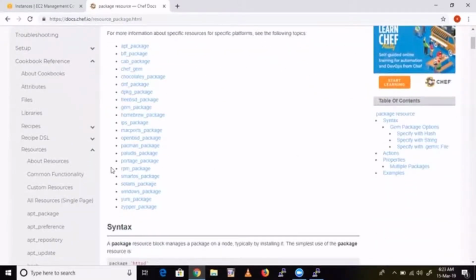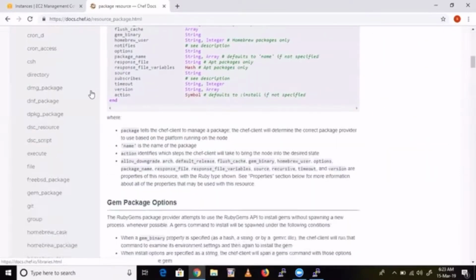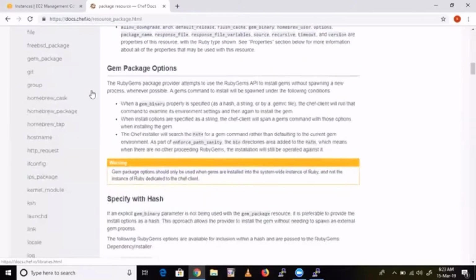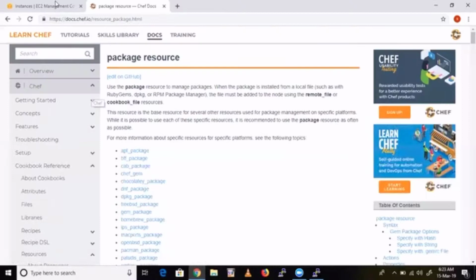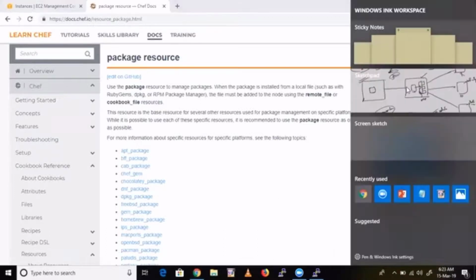One more thing: don't think that because it is showing so many options, you need all of them. Chef is not a small thing, guys. Chef is a big company, one of the top 100 companies in the USA, and its only product is Chef. You can imagine how big it is. There is no limit. There is a lot to learn here, but we have learned so many things. I don't think you'll use each and every thing in your company.